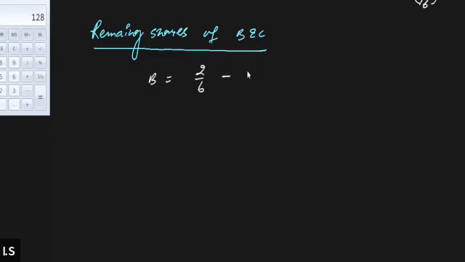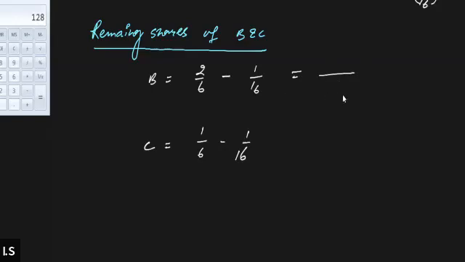And he will be sacrificing 1 by 16th out of his share, and C's old ratio was 1 by 6, and he will be sacrificing 1 by 16 as well, right? And after subtracting 1 by 16 from 2 by 6, we will get,